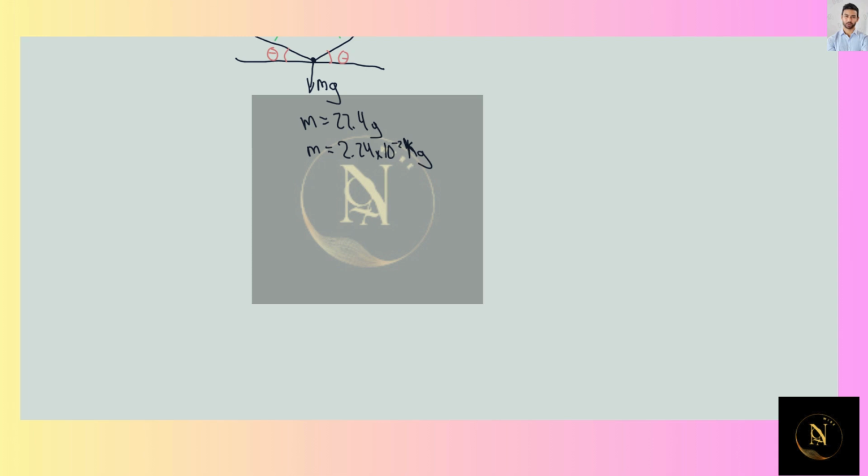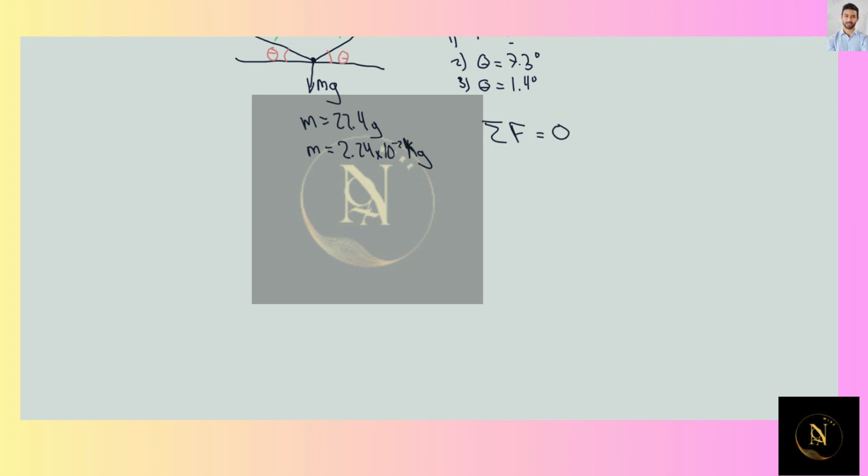So for this, we want to, first of all, find an expression for T. Second of all, find a value for T with an angle of 7.3 degrees. And for 3, we're going to find the same result with an angle equal to 1.4 degrees. So to find the tension, what we're going to do is employ the condition of equilibrium of forces, that is,